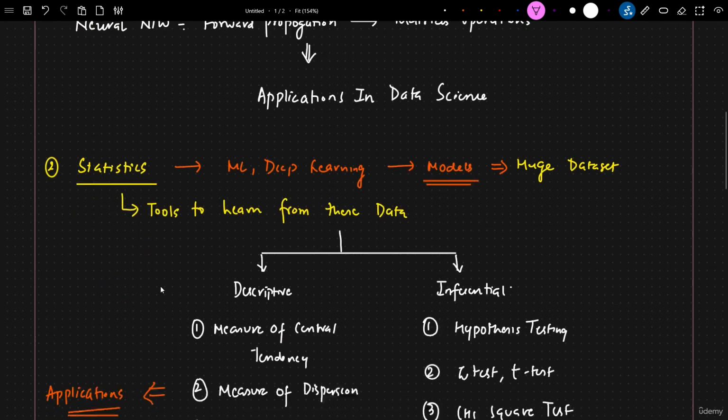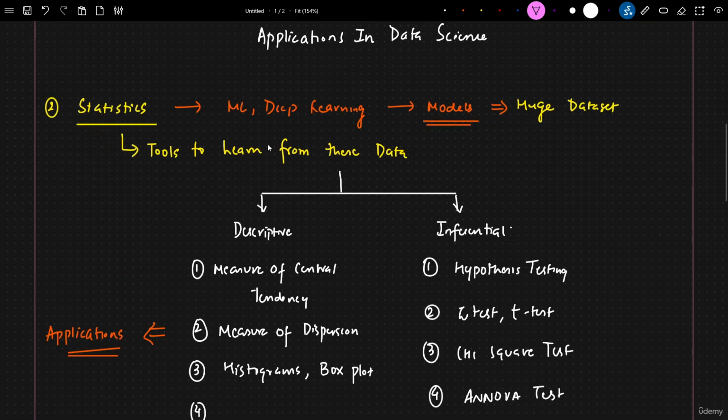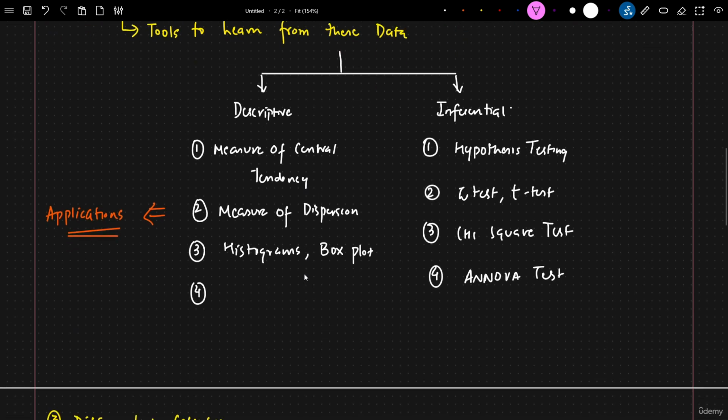Then after completing linear algebra, we specifically go with statistics. Now in statistics specifically, we will be discussing this completely from basics to advanced. In statistics, we will be talking about two important things. One is descriptive statistics and one is inferential statistics. In descriptive statistics, we will be covering topics like measure of central tendency, measure of dispersion, histograms, box plots. We'll be talking about different types of distributions of data, okay, and its application,